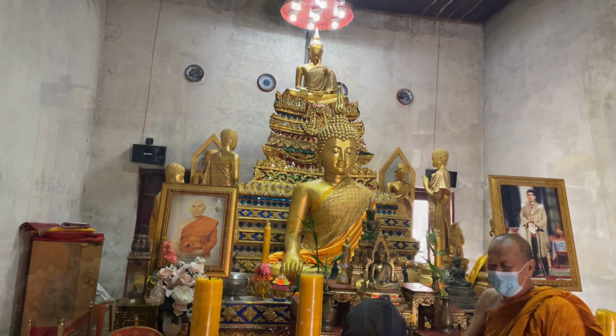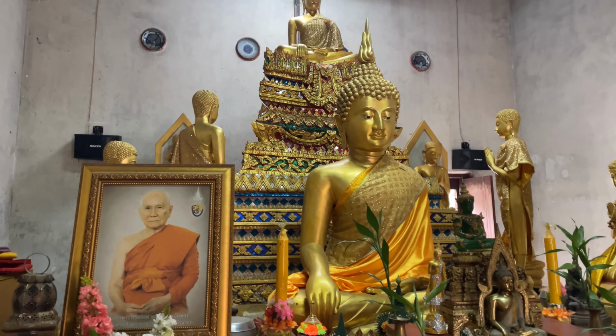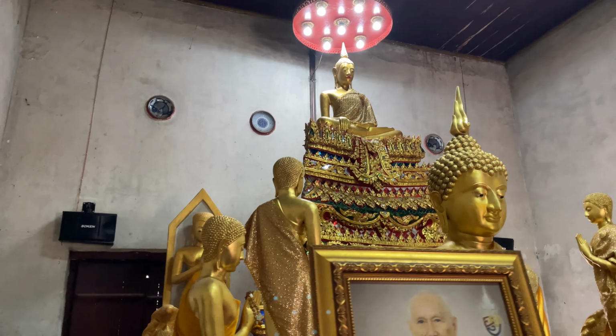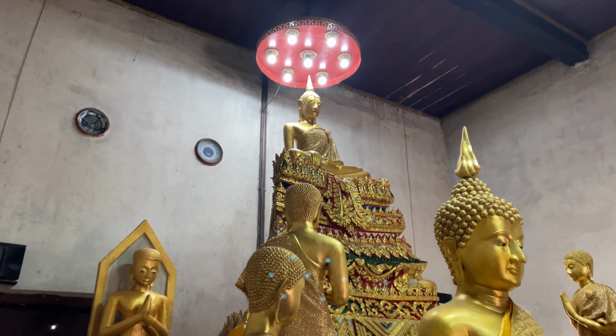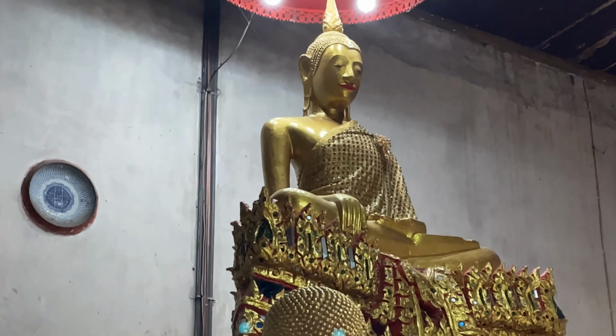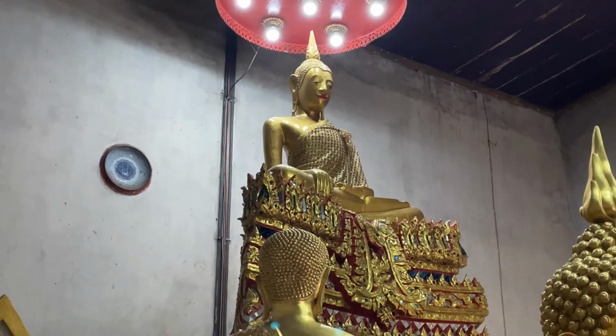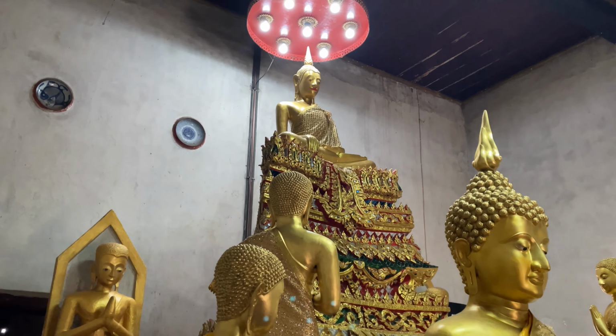So this is the main Buddha. Okay, so the monk told a pretty good story. So this right here, you can see that light's bright right behind it. So this is the main Buddha right here. So it's pretty small. So what they did is, years and years and years ago, they took that